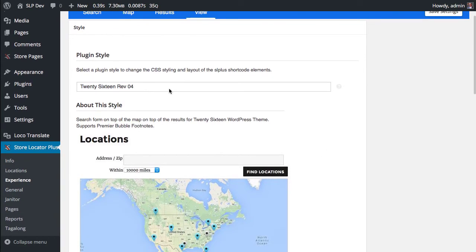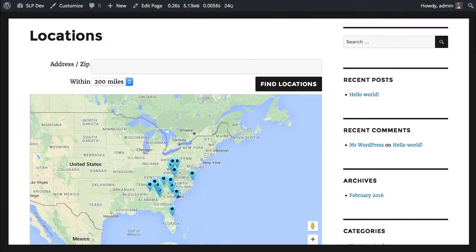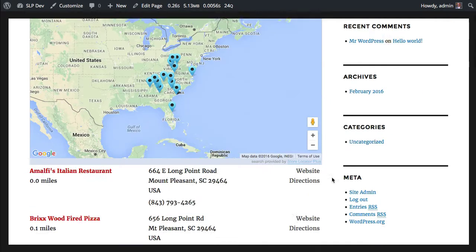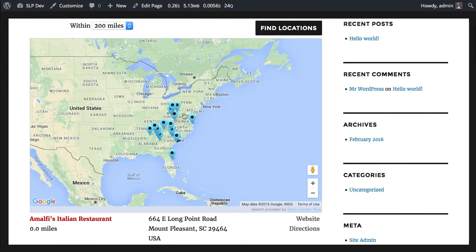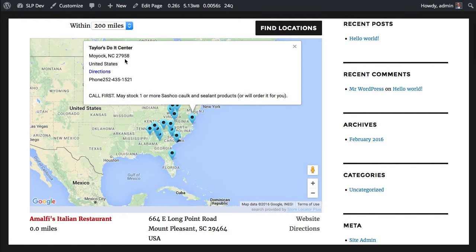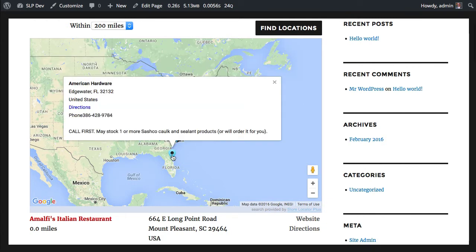One of the things you'll notice is there is a new plugin style called 2016 Rev 4. That release just cleaned up a few alignment issues here within the search form, as well as some info bubble cleanup with some of the rules that were set for older versions of WordPress themes. So you will see a little bit clearer text and larger fonts on some of these info bubbles with that